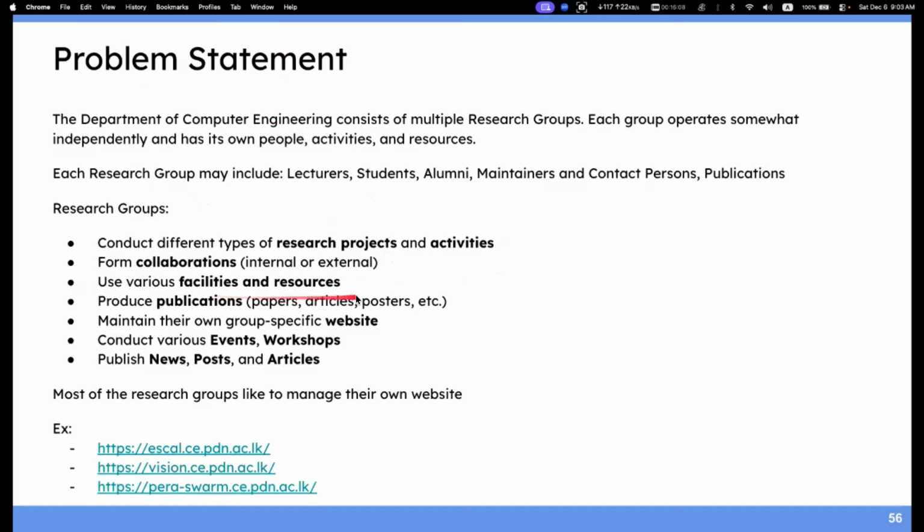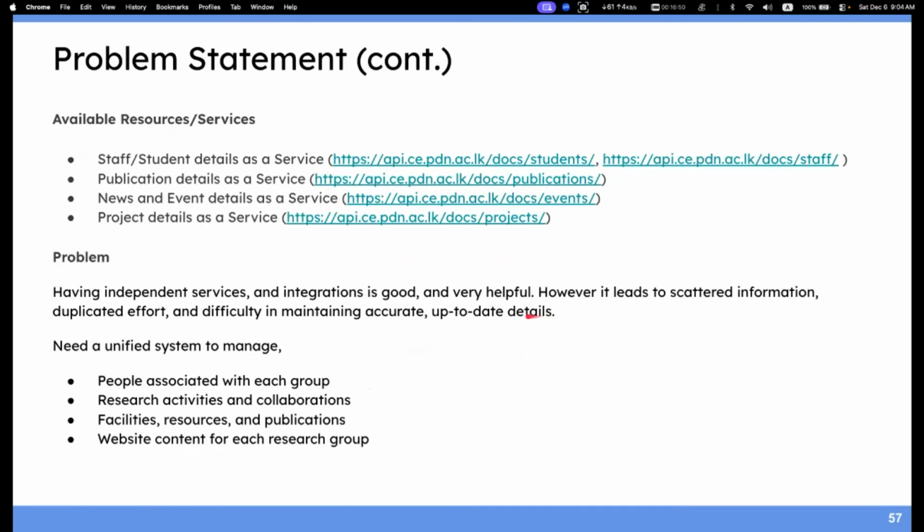Each research group may contain various facilities and resources. They will produce publications through papers, articles, and research posters as well. And they will maintain their own group-specific website. They conduct various events and workshops, and publish news, posts, and articles. For now, most of the research groups maintain their own websites to cover those functionalities or requirements. But the issue is that